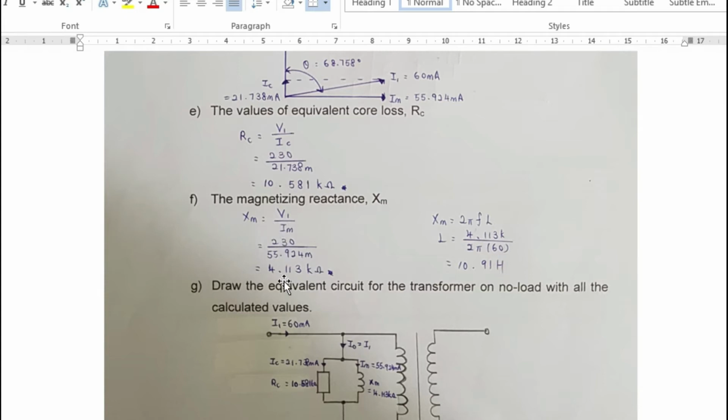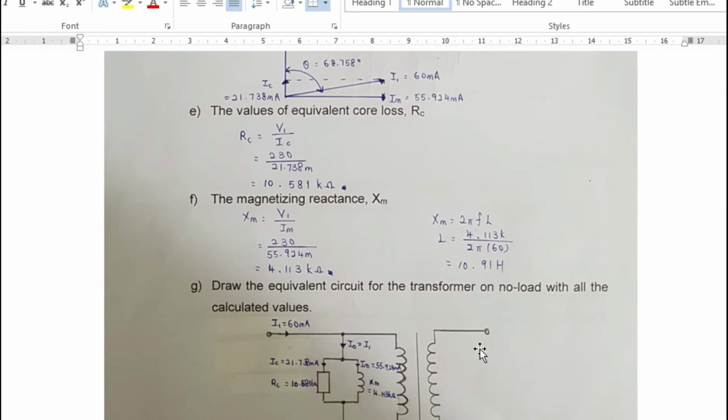Then we got 4.113 kilo ohms, and then we apply the formula XM equals 2 pi FL, which gives L equals 4.113 K over 2 pi times 60 Hertz,